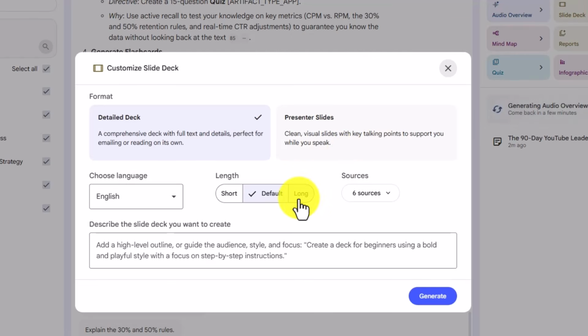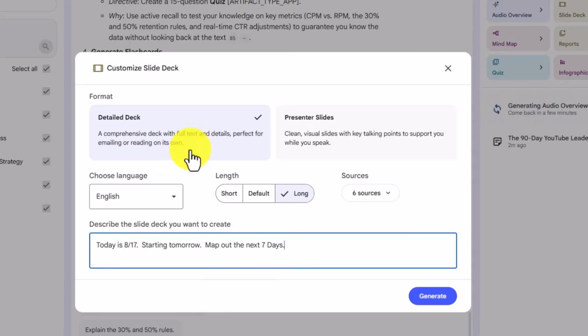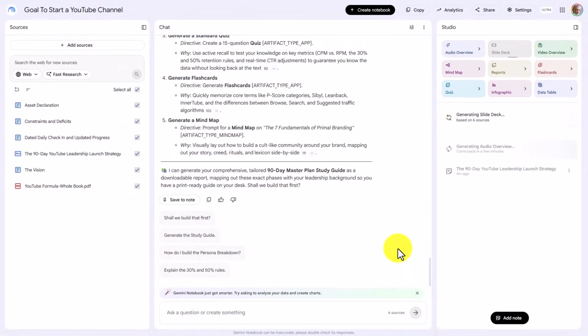If you are a visual learner or a process learner, you can use the slide deck and you can ask a plain language question. These assets are taking into account your constraints, the assets you have, as well as the plan, as well as the guide. So we're now going to generate a slide deck that we're hoping will give us a plan